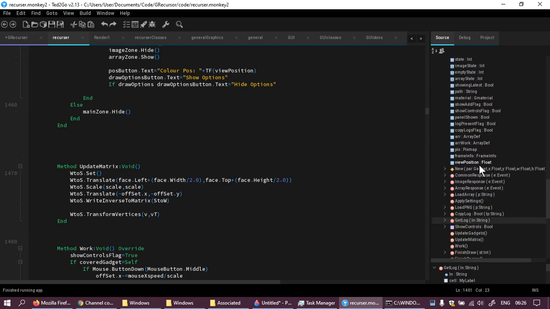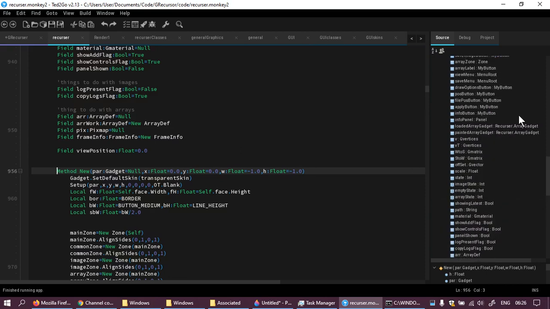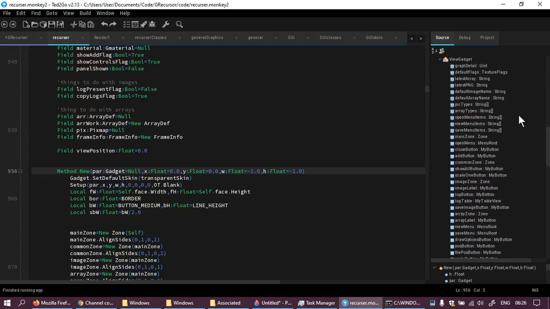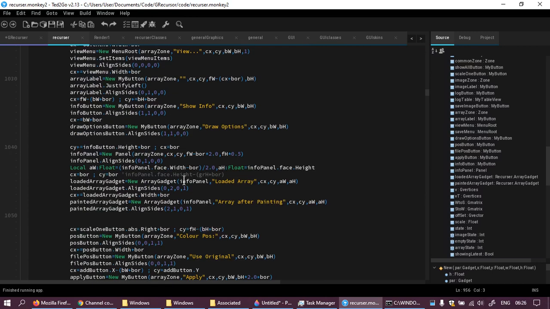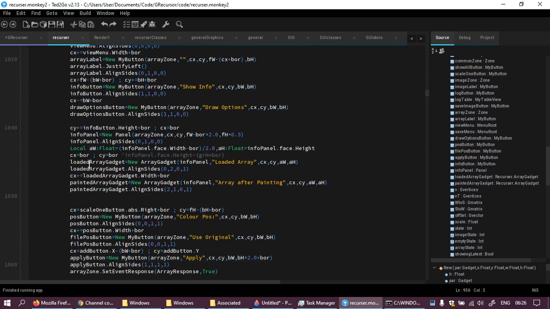A thing I'm going to do is go to the new of the view gadget, and I'm going to find the loaded and painted array. This is correct,